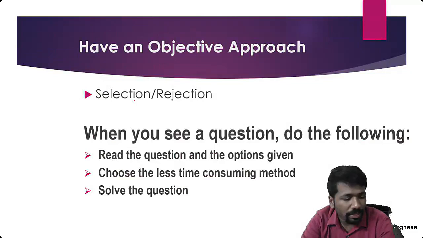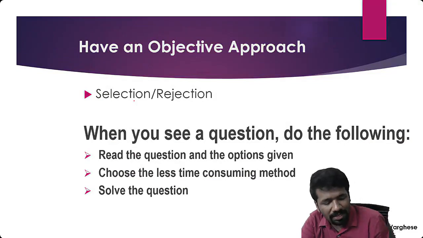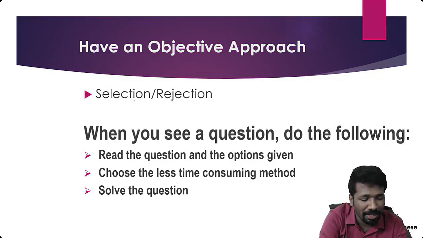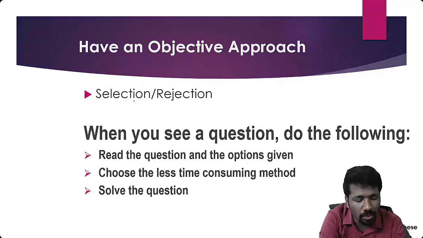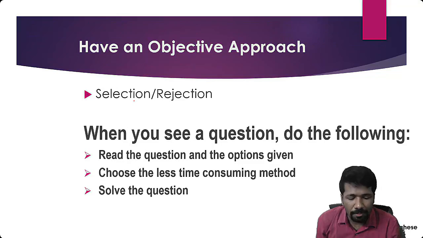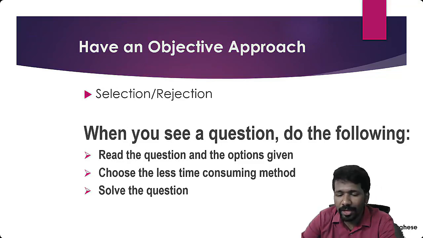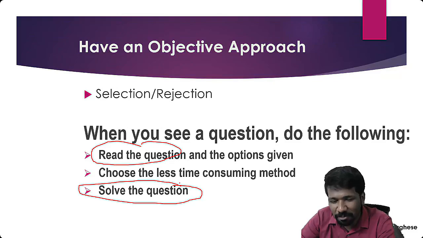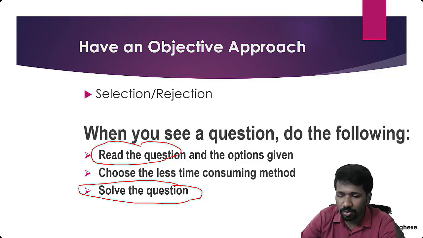So now the problem many people have is, many people don't know how to approach CSIR-NET general aptitude section, or many people don't know how to approach an objective type question paper. Objective type question paper कैसा solve करना है, that also many people are not aware. Objective type question paper में options होगा ना, how well you use options is very important. So when you see a question, you have to read the question and solve the question. This is the approach many people take. That's why many people say that questions are very time consuming.